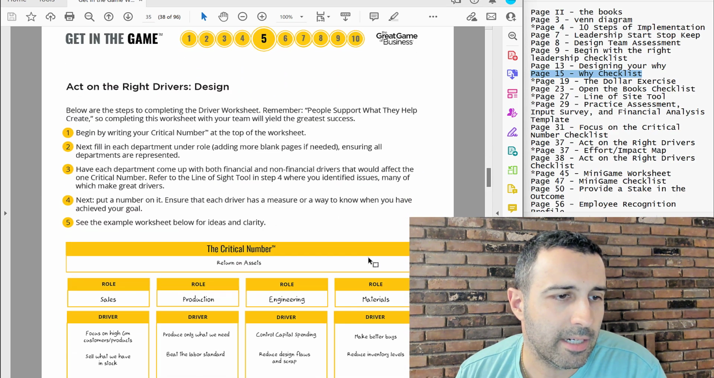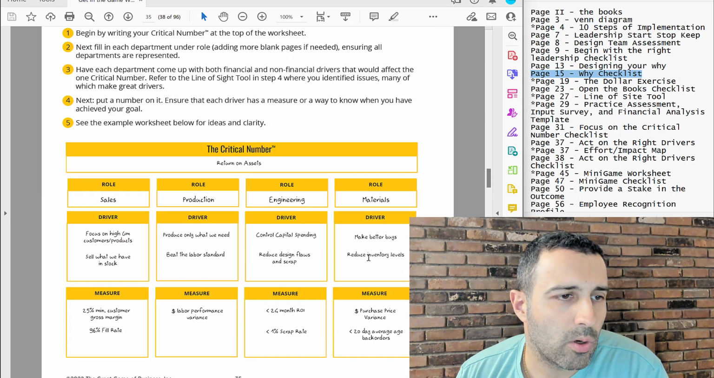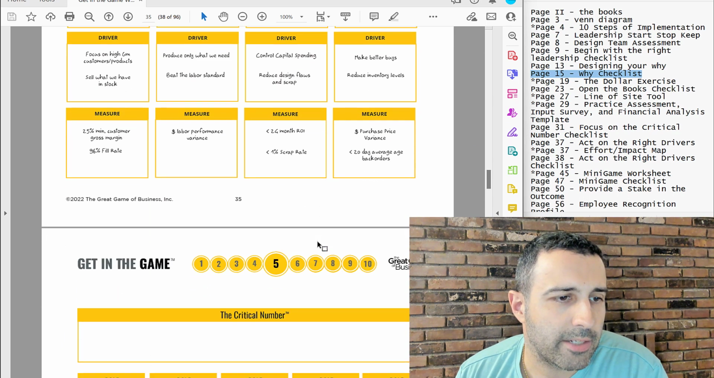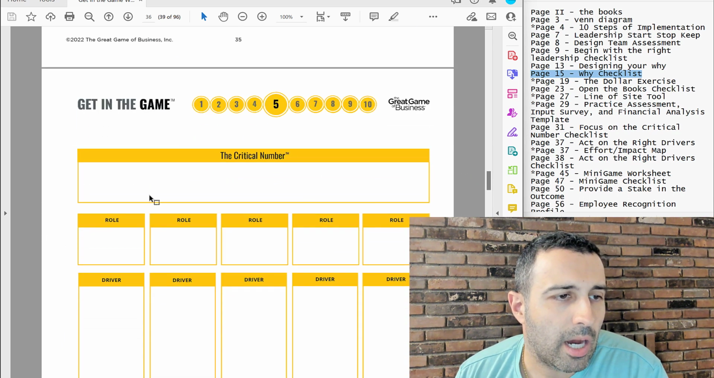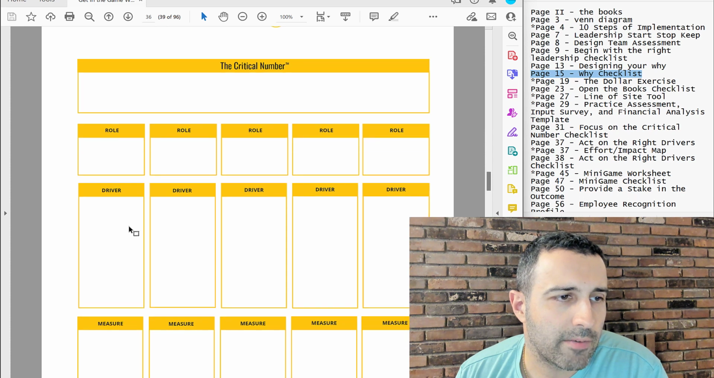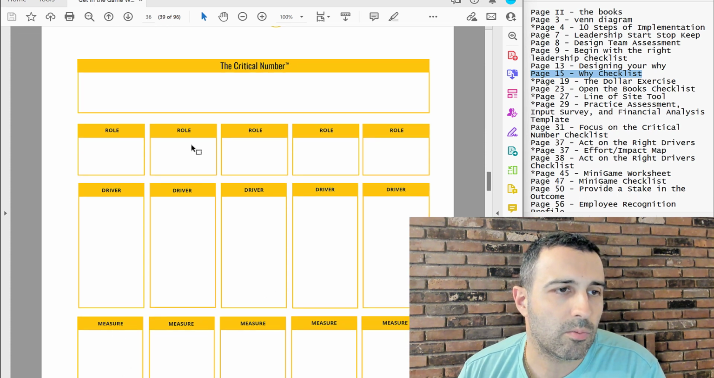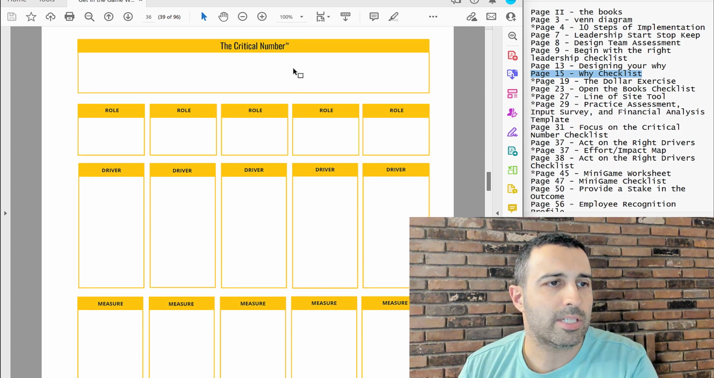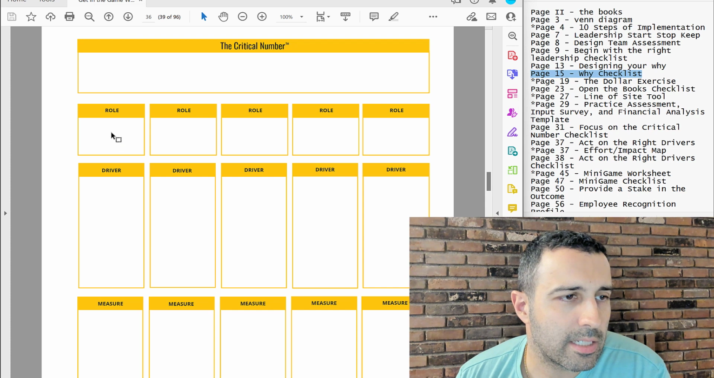So moving on here, these are the scoreboards. This is the worksheet that you can use to figure out the drivers for each role in your company or each department in your company. And each of these will be drivers along with a measure. And what it does, I hope you can see this, is once you have a critical number set and you have each of these departments and people within the departments